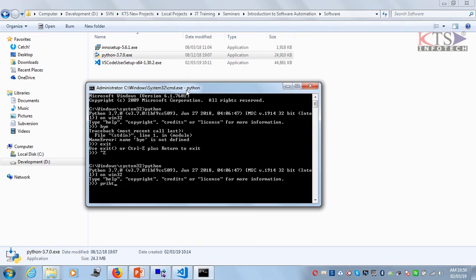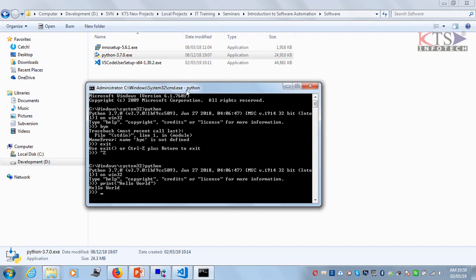From the command prompt, let's say python, if I add some code, something like print, this is one hello world code, a Python code to print hello world. If I execute it, it will display hello world. Since this is an interpreter, whatever command we give in the Python console, it will automatically execute here. Instead of that, we might use a .py file and put all the commands in it, and it will automatically get executed in sequence. That's what automation related applications normally do.